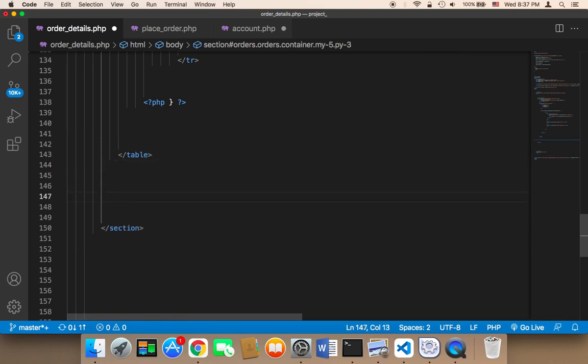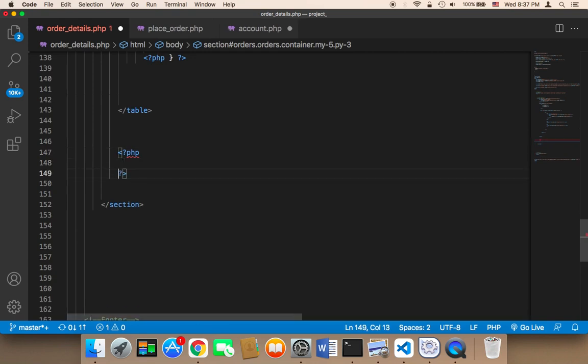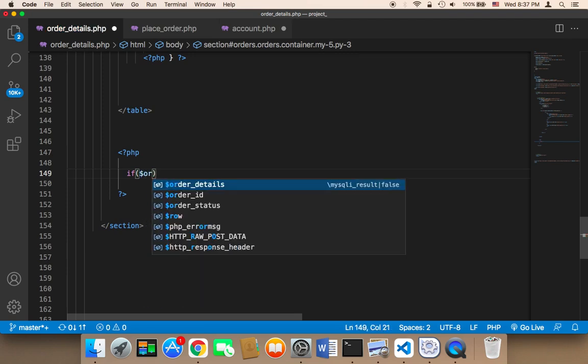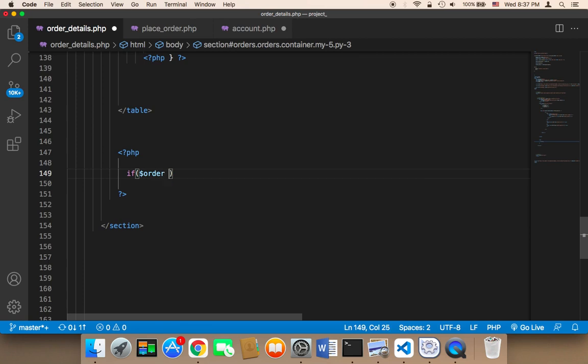Outside the table, we need to use PHP, and then we need to check the order status. We need to say if order status is equal to not paid, then we need to display